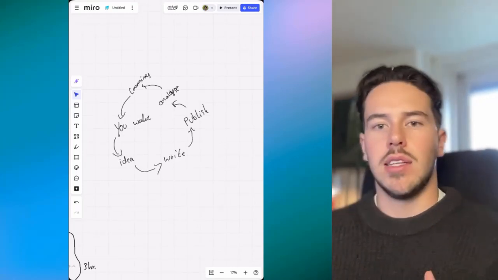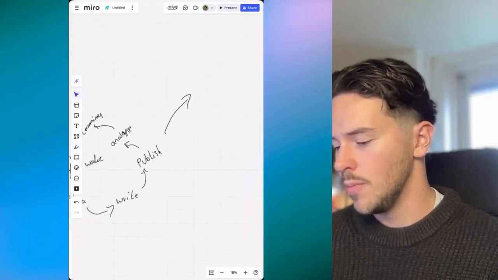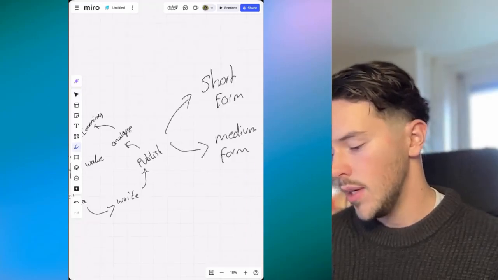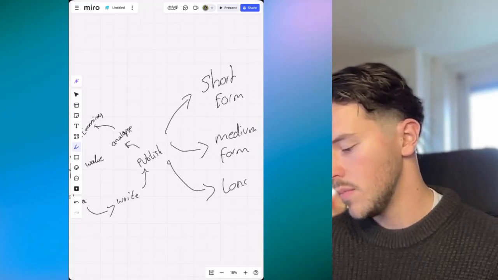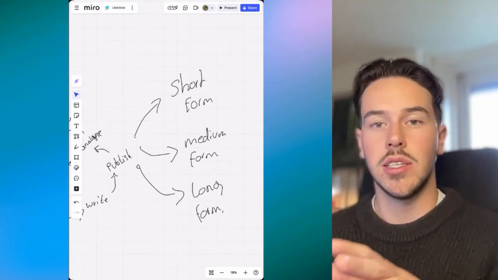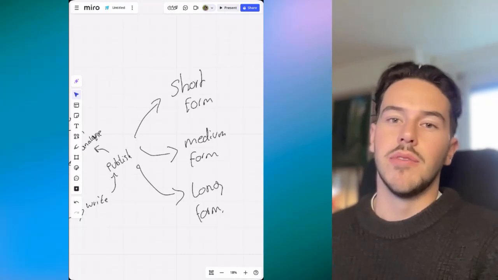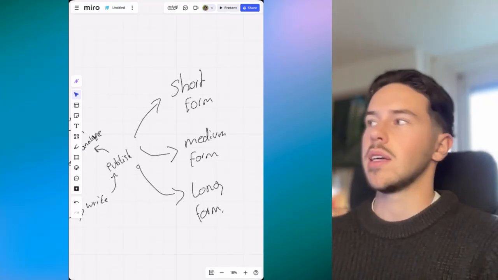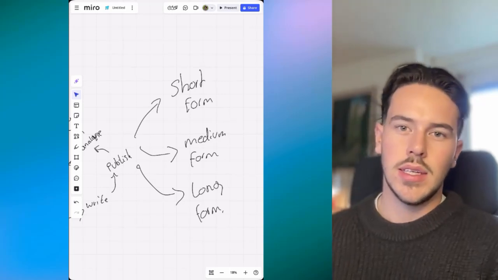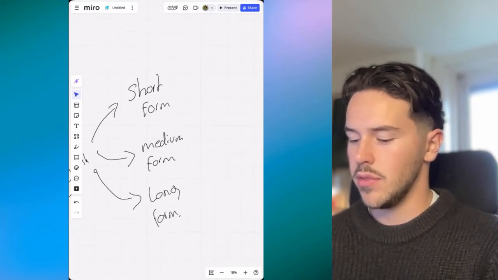So we have different kinds of content. Let's first get that out of the way. We got our short form, I would say our medium form, and our long form. And as the name tells it, short form is easier to create, if you even think it's easy. Medium form is harder, and long form is a super deep dive, research based. Most of the time it takes a long period of time.